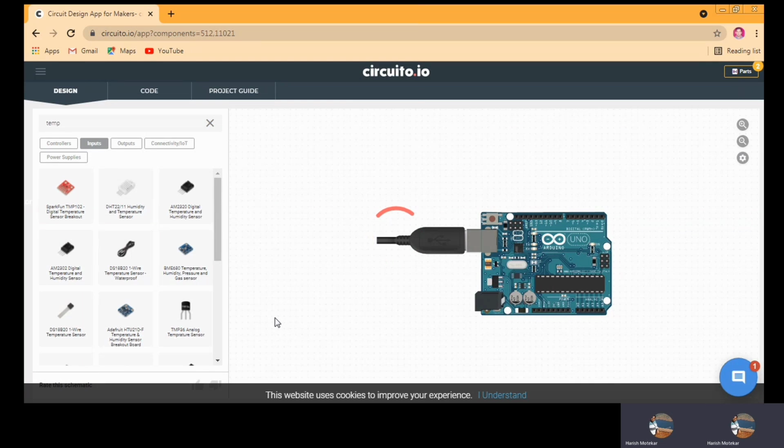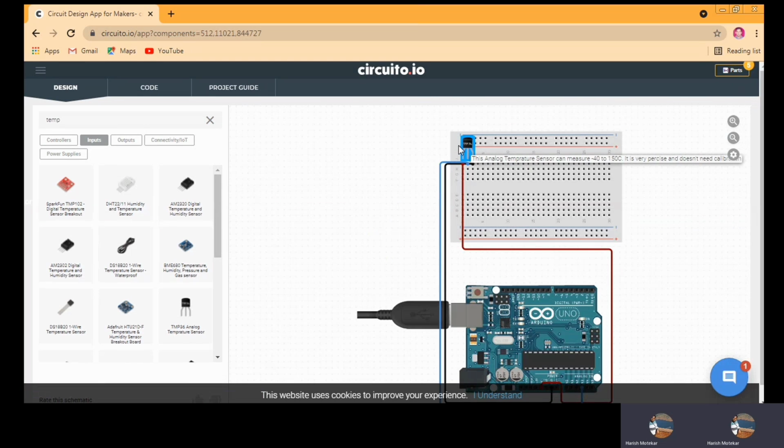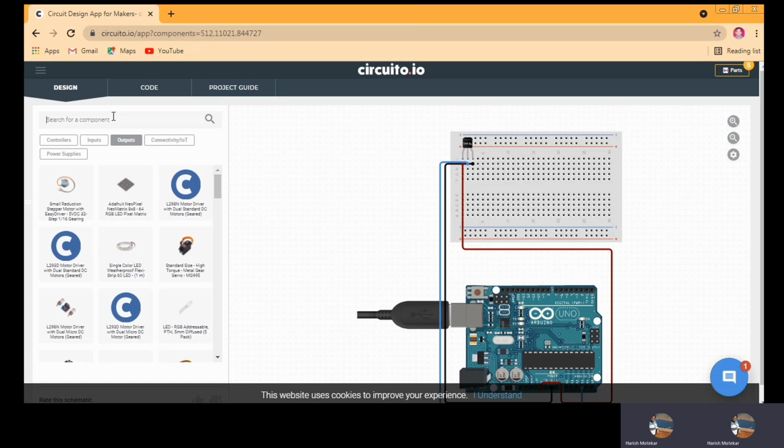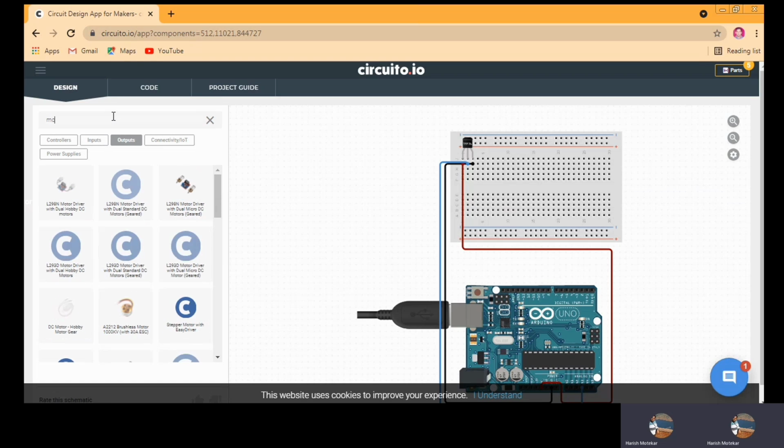So I'm doing that again, I'm adding that. You can see once I add it, all the configuration will be automatically provided. Okay, so now it's an input device sensor. I just want to make a project in which the temperature sensor will sense the temperature of the room, and at a particular temperature, it will start the fan. Okay, so for that we will require a fan. Fan means a motor. So we can select output device here, and we can go to the motor. We can type the motor.